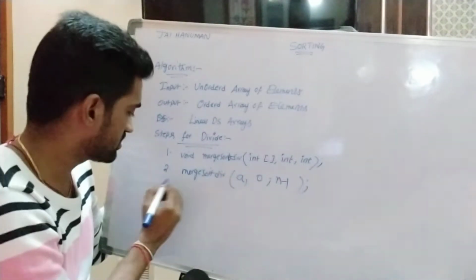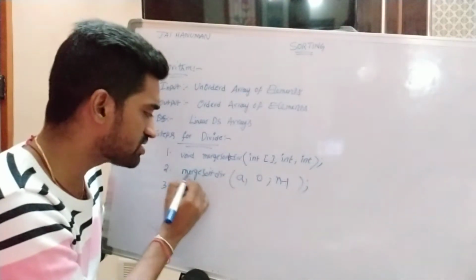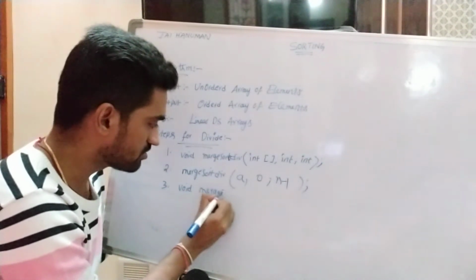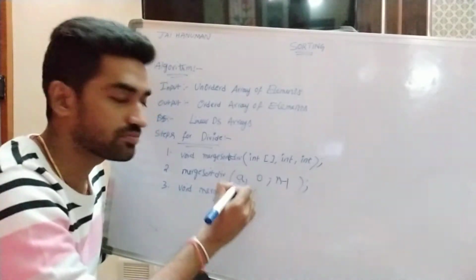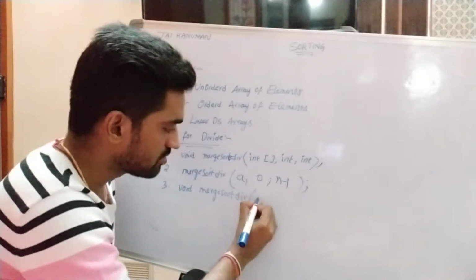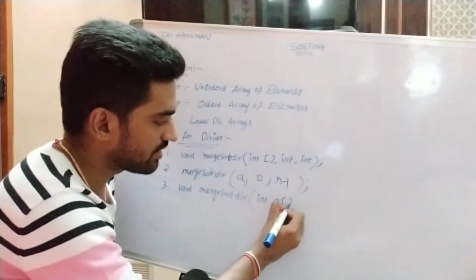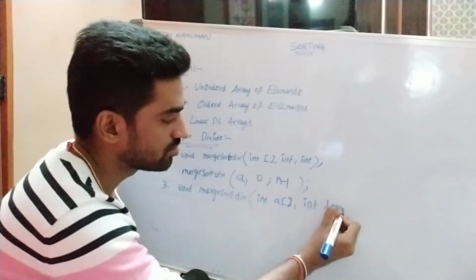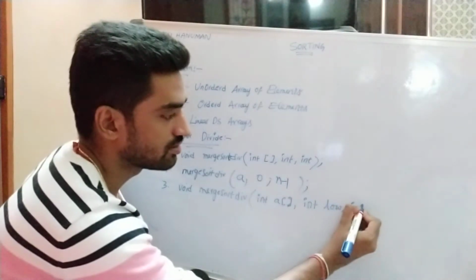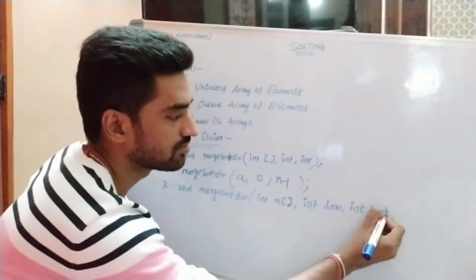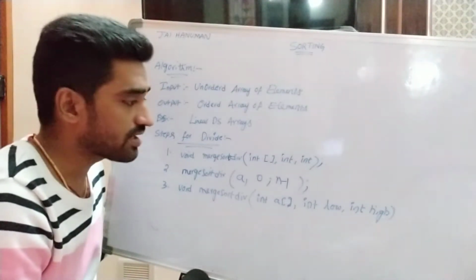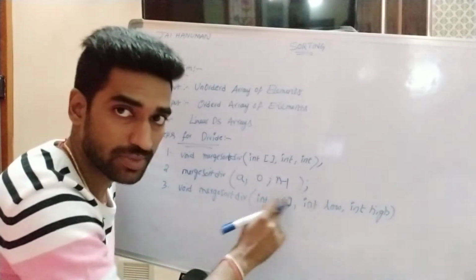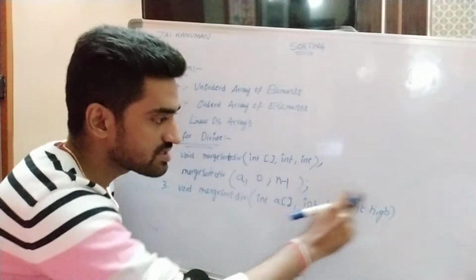So here I am calling the mergesort division function. Then I am writing a function definition for this function, right? So void mergesort division. Here these are the arguments: array, int low, int high, right? So at the time of function calling, actual parameters are copied into formal parameters. So these are the actual parameters, these are the formal parameters.